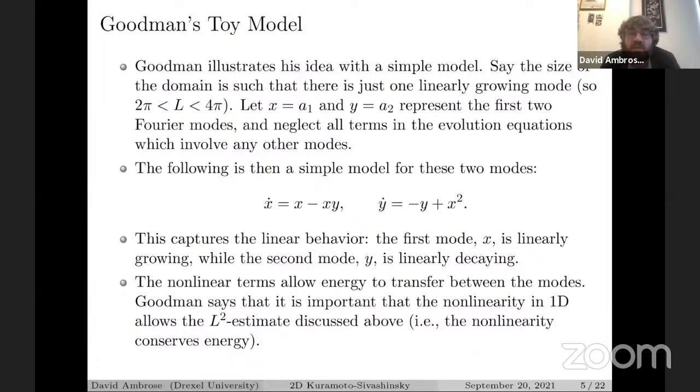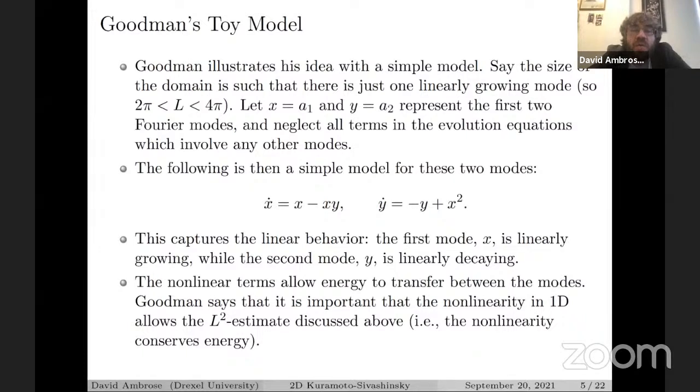And it represents two Fourier modes, when you have the first Fourier mode growing and the second Fourier mode decaying. So that would be the case if your spatial period were between 2 pi and 4 pi. You'd have just one linearly growing mode for such a size of the domain. So Goodman wrote the ODEs, he wrote the evolution equations for the first two Fourier modes, and he truncated them